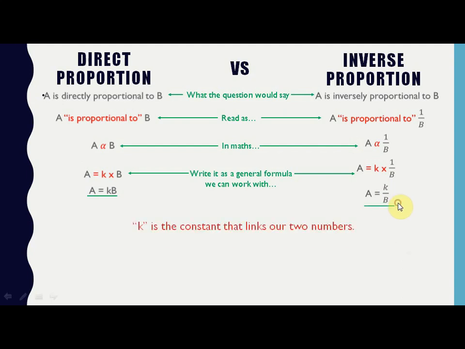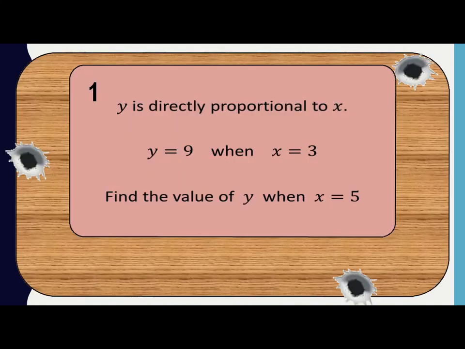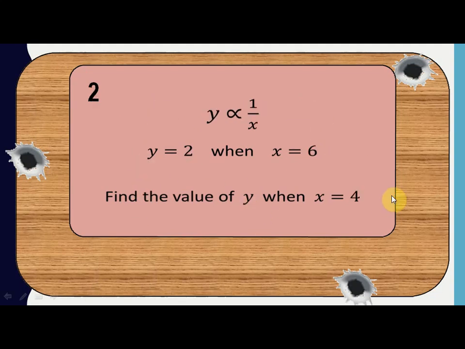So moving on, questions for the assignment, a homework assignment for everyone. Each question has 2 marks. Question number 1 is y is directly proportional to x. You have to solve for the value of K first, and then find the value of y. Question number 2 is y is directly proportional to 1 over x. This does not mean that y is inversely proportional. Y is directly proportional to 1 over x, so it means y equals K times 1 over x. By using the values of y and x, you can easily calculate the value of K.